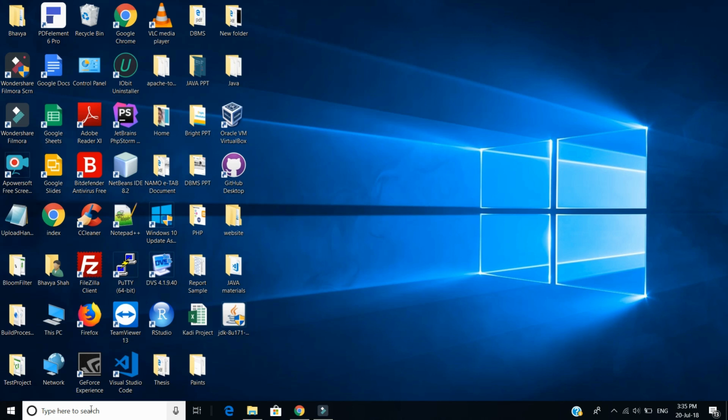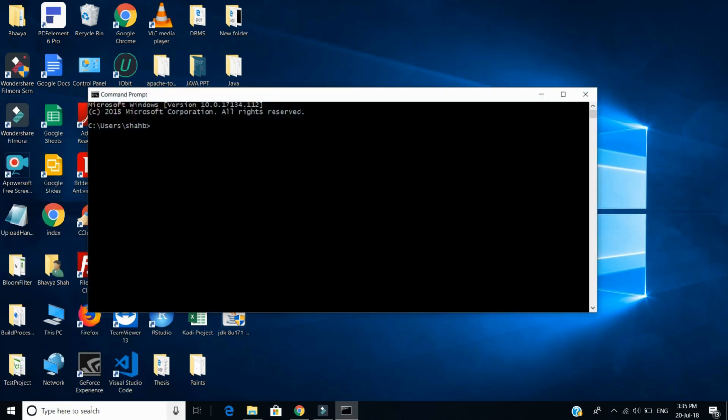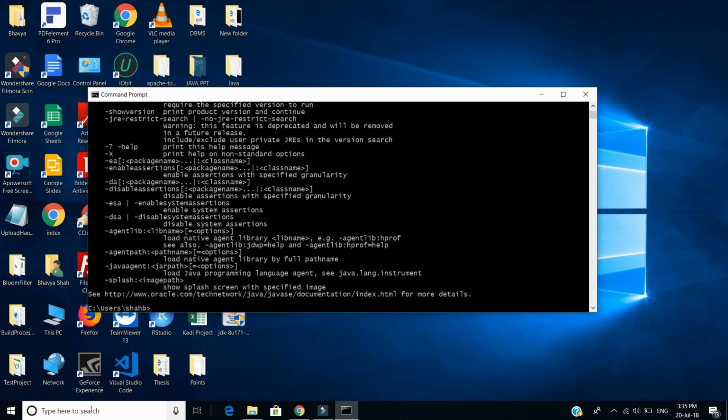Now we open command prompt from the search box, in which we simply type javac command and hit enter. It will give an error, internal or external command not recognized. But when we type java, it will give some instructions. It means our JDK path is not set, but our JRE path is set. So now we set our JDK path.